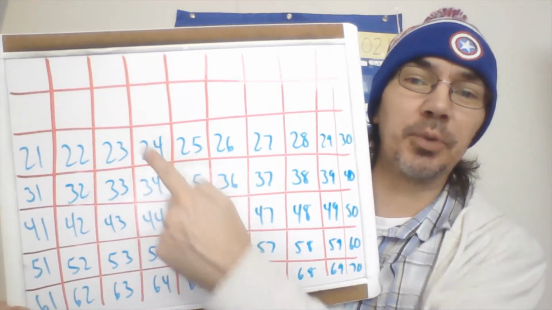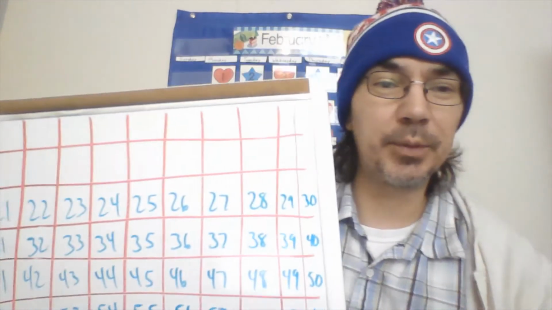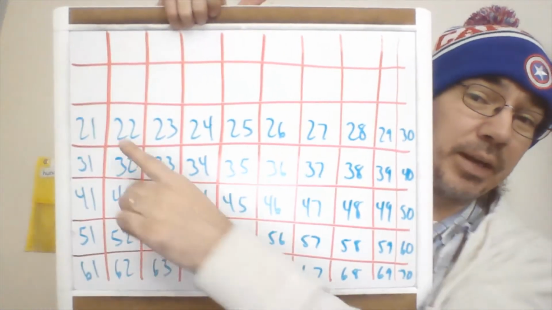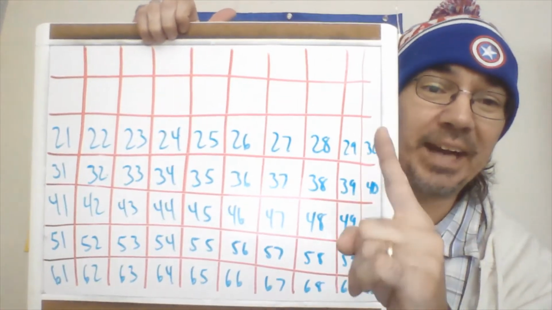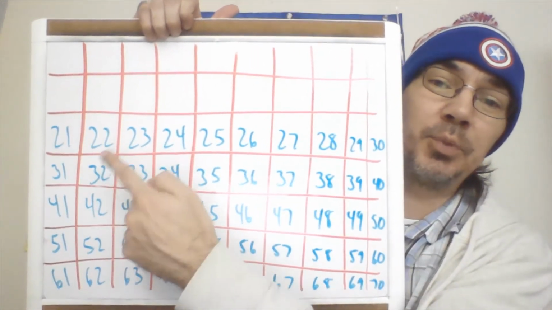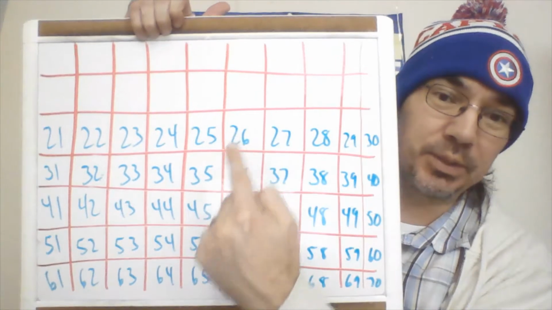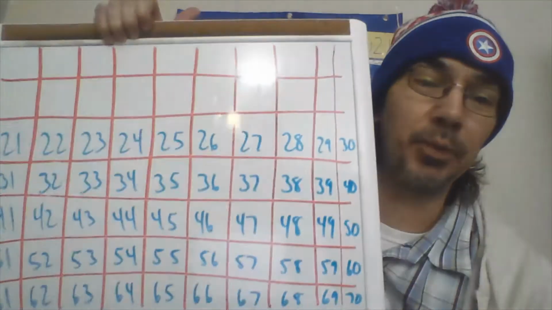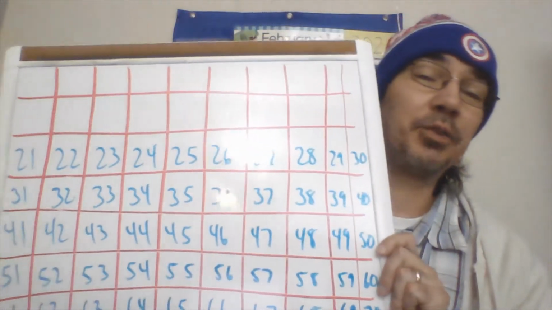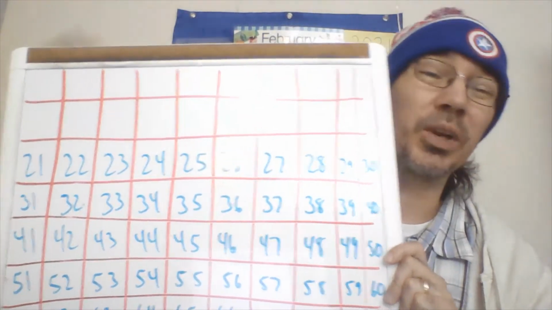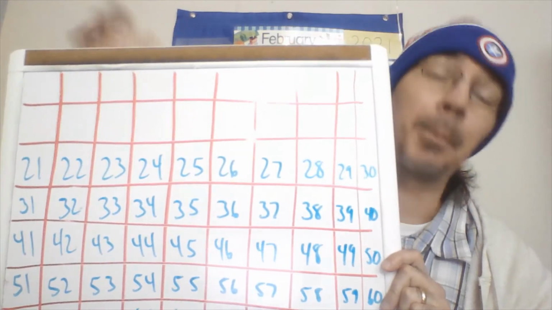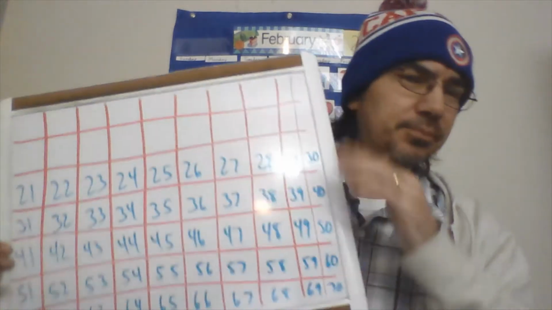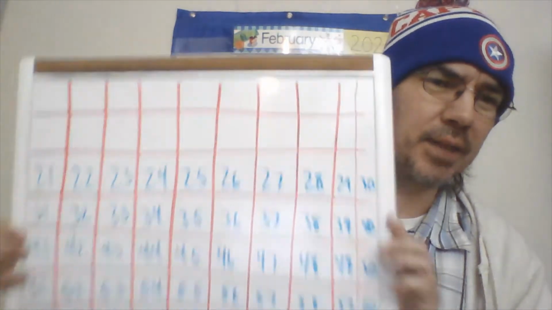22, 23, 24, 25. So the secret is to find the pattern, right? The pattern that you're counting by. Right now I'm counting by 1. So my pattern is adding 1 each time. 21, 22, 23, 24, 25, 26, 27, 28, 29, 30, and then start at 31, right? So that's counting when we don't start at 1. So we're going to start at a couple of different places today and count on. Okay, and count on. But before we do that, I have all these empty boxes here.